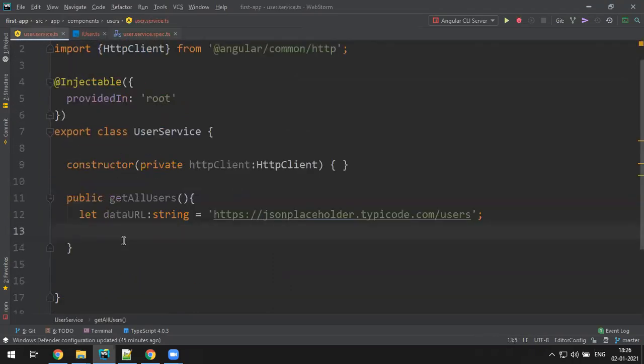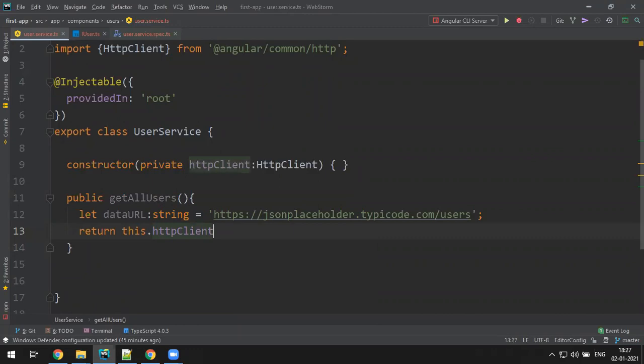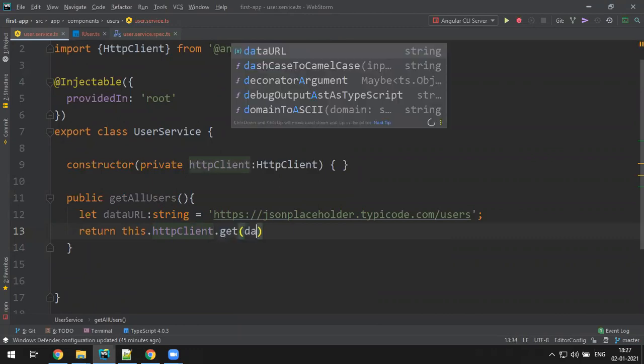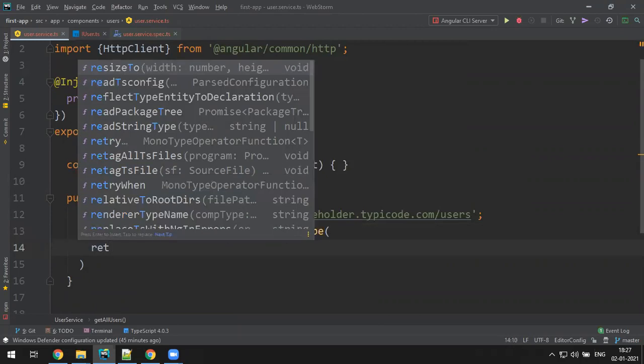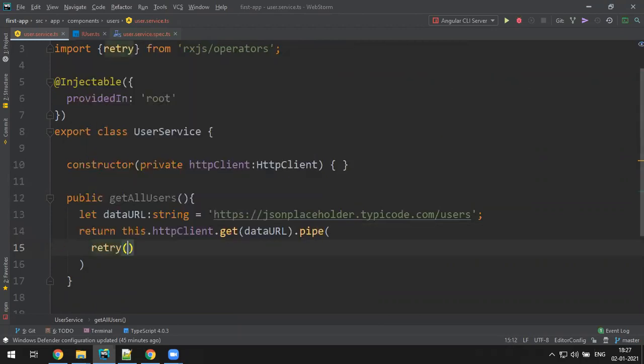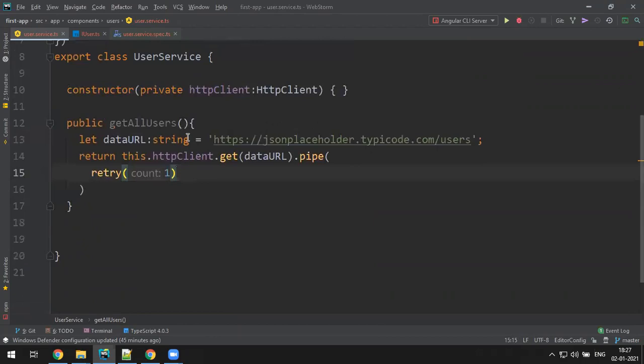Okay, go here. So return this.httpClient.get request to this data URL, dot pipe, in this retry of one. Catcher I'm not writing, that's a long story. You have to write all the catch handling. That's fine.